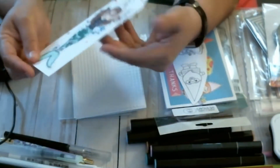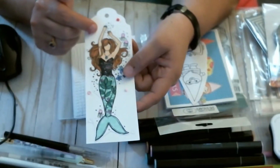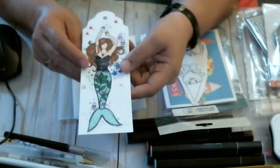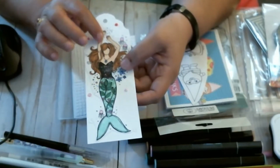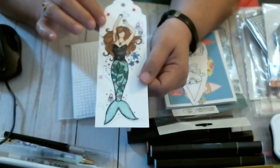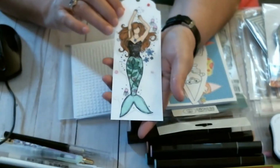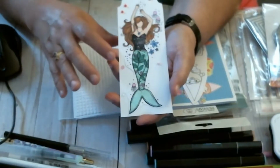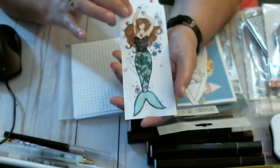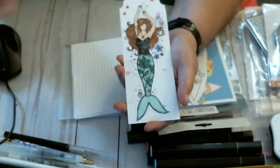And this is another stamp that I have in my stash. It's from Unity Stamp Company, and I had not used her yet. I was excited about using her when I got her, but then life happened and I got busy and I could not get around to doing anything with her. So over the weekend I stamped her out and colored her in,